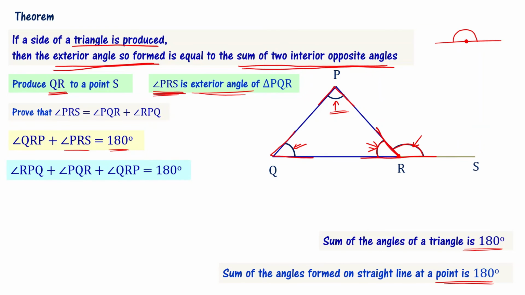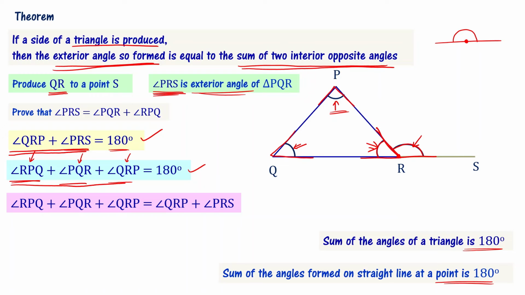Let's write that. Angle RPQ, simply angle P, plus angle PQR, that is angle Q, plus angle QRP, that is angle R. Their sum is equal to 180 degrees. Right? Now you see this is 180 degrees, this is 180 degrees. It means I can equate the LHS of this equation with the LHS of this equation, right? Let me write that. Angle RPQ plus angle PQR plus angle QRP equal to angle QRP plus